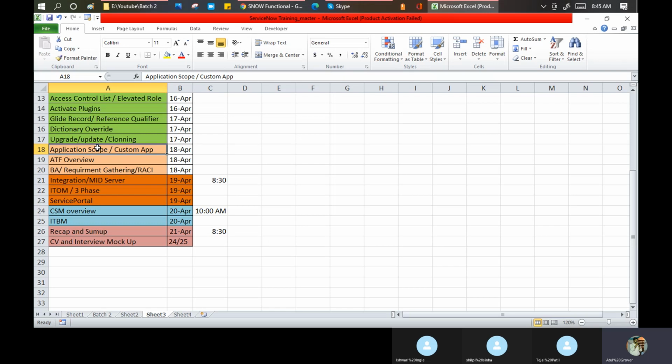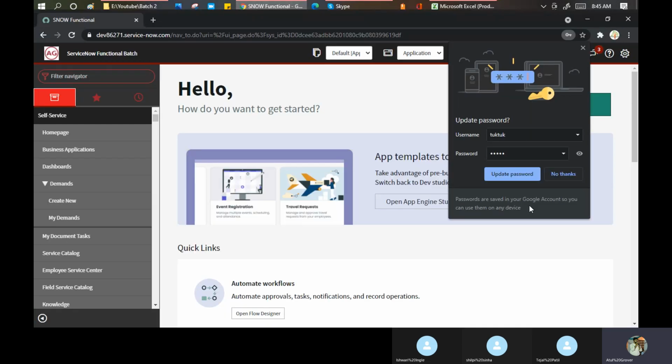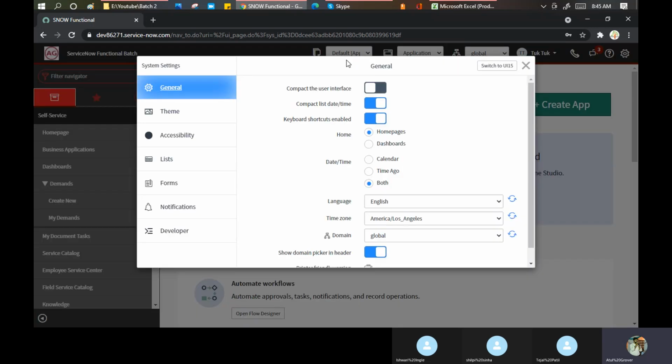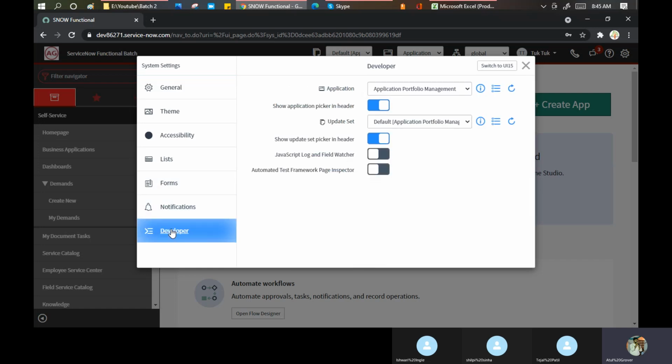Now let me tell you how you can check the application scoping. Go to the settings button here, go to the Developer section, and click on show application picker in header.